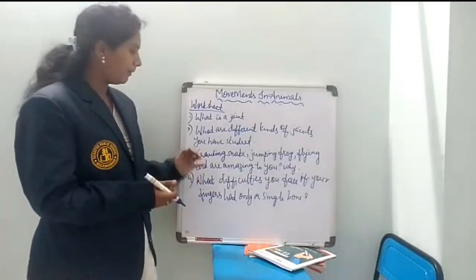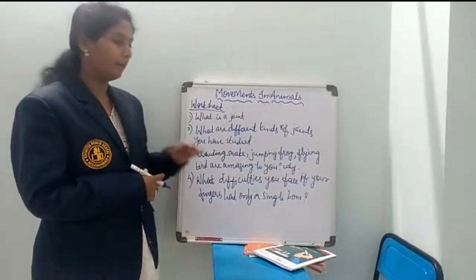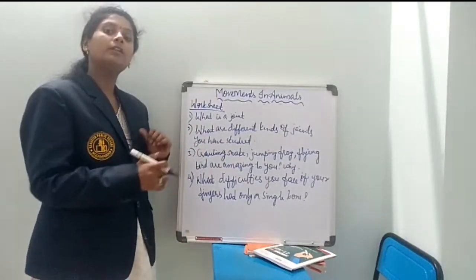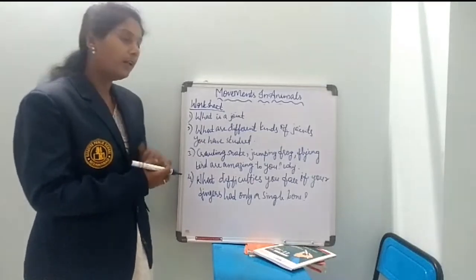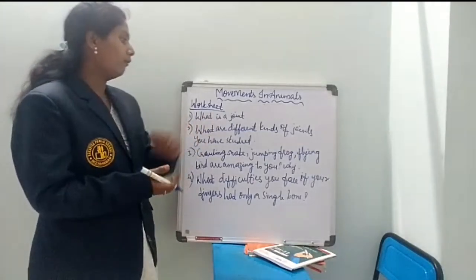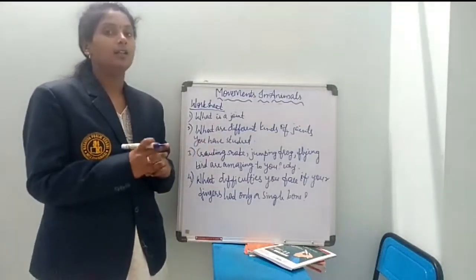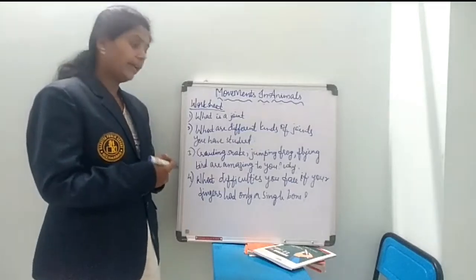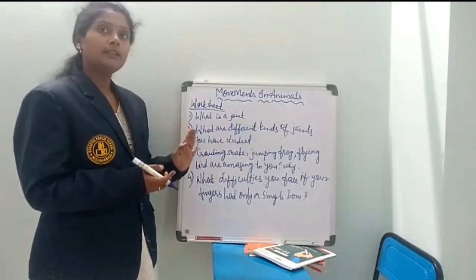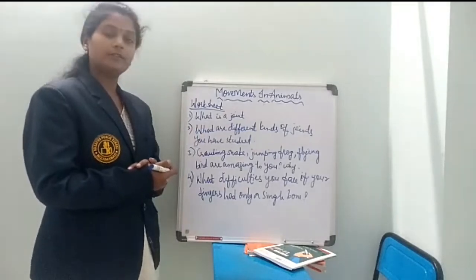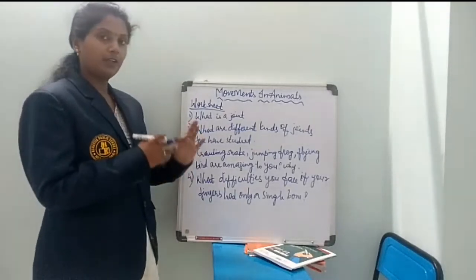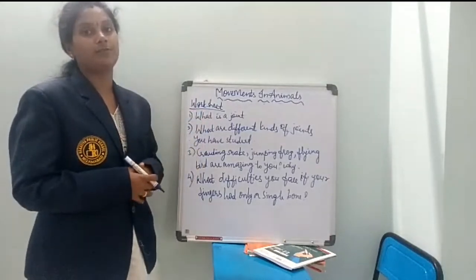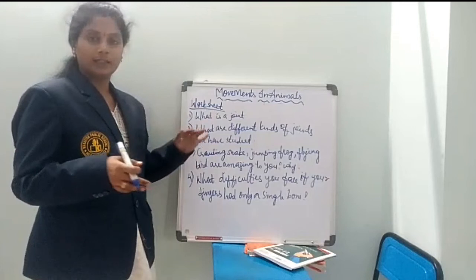As I just told about the crawling snake, jumping frog, flying birds and their locomotion, which body parts help them to move, and in what way do they move? All that you have to write in that answer. And what are the different kinds of joints you have studied? That means ball and socket joint, fixed joint, hinge joint, neck joint, etc. These are all the different kinds of joints present in your body. Apart from that, if there are any others, include them. And what is a joint? The place where two bones meet together is nothing but a joint.